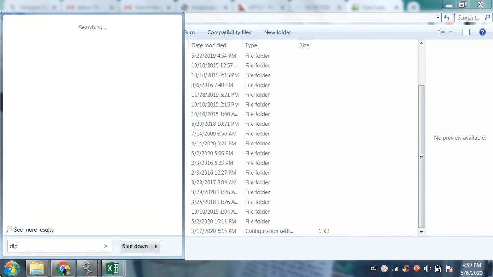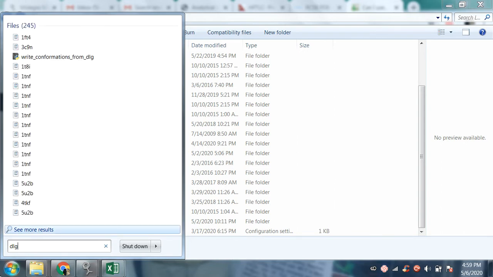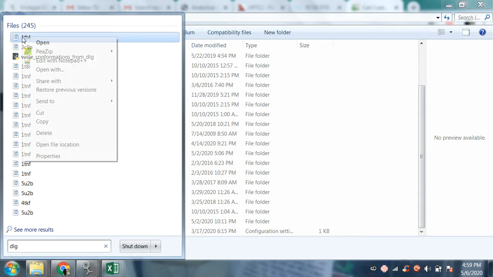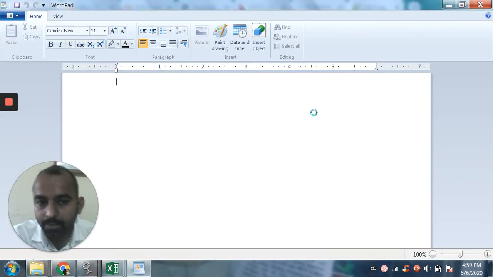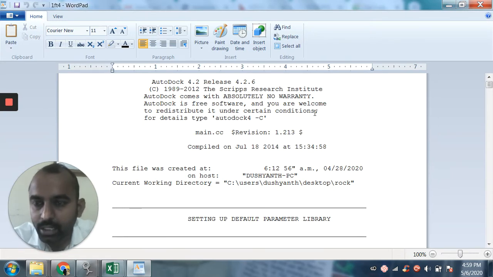I just opened the DLG file, the docking log file of AutoDock, which is present in my output.